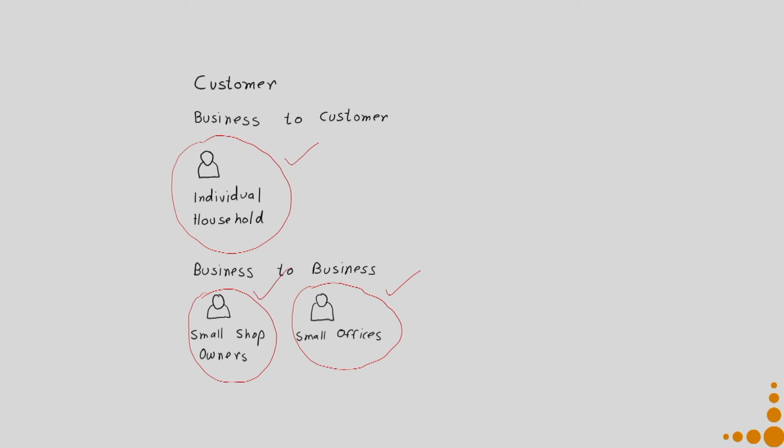They might also have different kinds of processes. Say a small office, not necessarily a shop owner, might also go through a tendering process. So, in this case I have a very different approach to the whole selling thing.